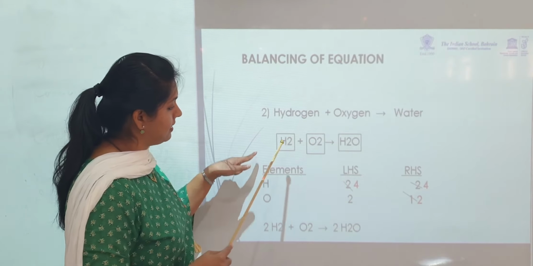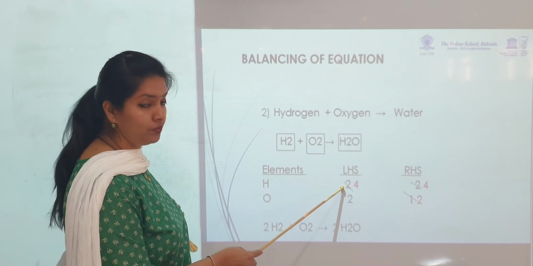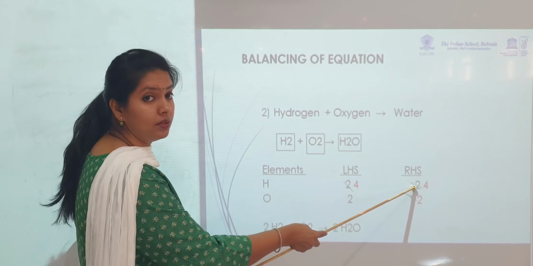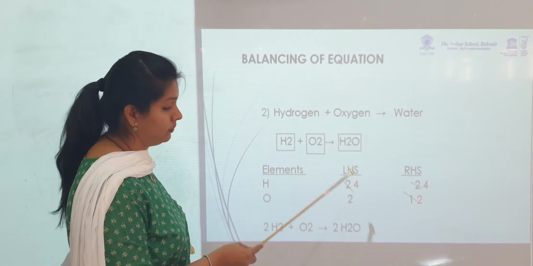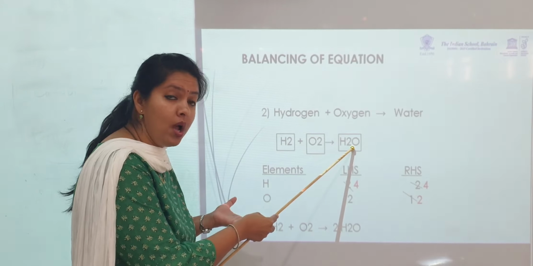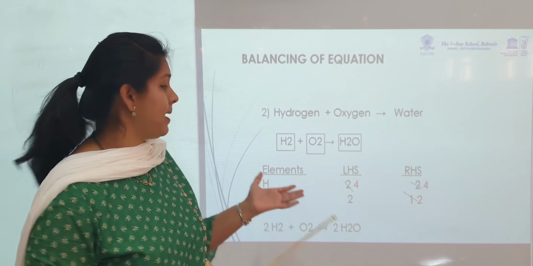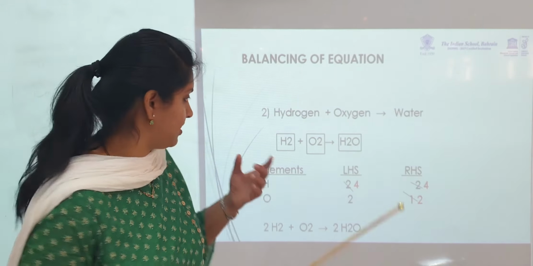Now left hand side. Come to the left hand side. How many atoms of H? 2. Okay? Right hand side, how many? 2. Done. Oxygen on the left hand side, 2. I have written it here. Oxygen on the right hand side, I have told you when there are no numbers involved, it means 1. Now here it is very simple, children. My hydrogen is already in the balance form. That means I have to start off with oxygen.